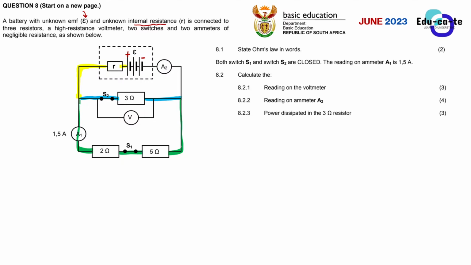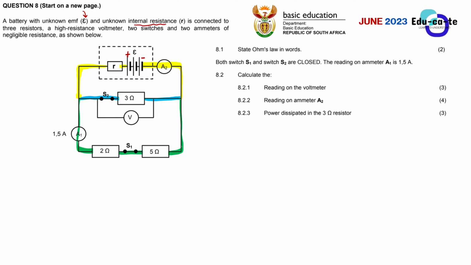It was the yellow current that split into 2 different parts. And then when it meets again, it will combine and form the total current once again. So this is the total current, and it goes back to the negative terminal. The region that I have highlighted in yellow, I usually call the series part of the circuit. And the part that I've highlighted with the blue and the green is the parallel part.